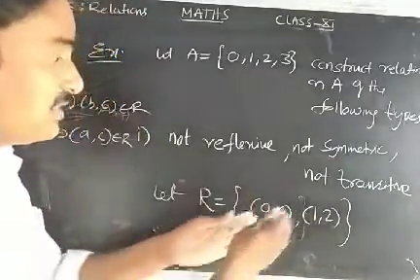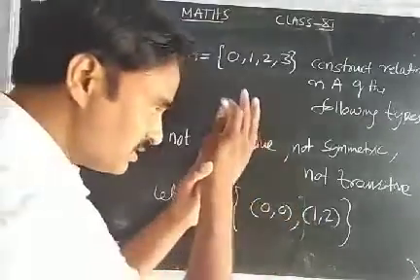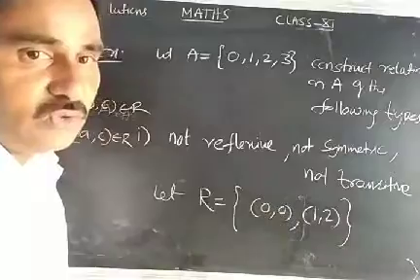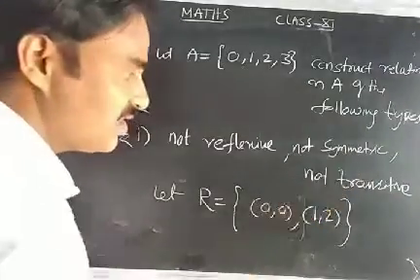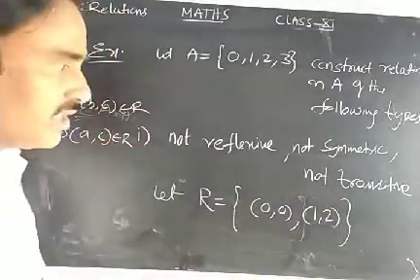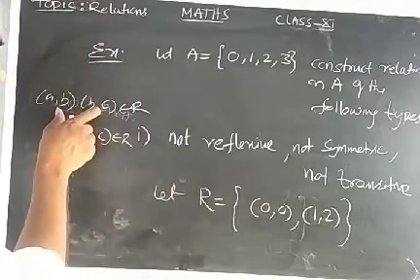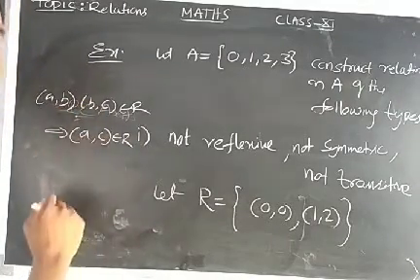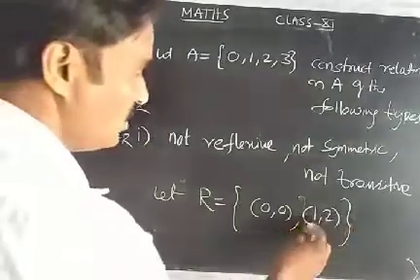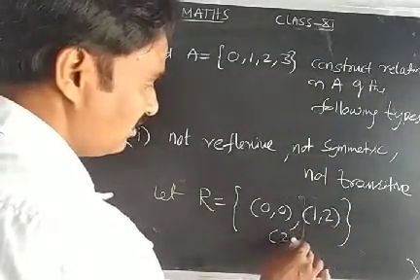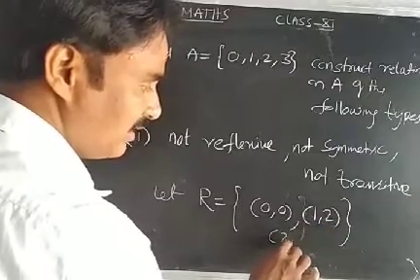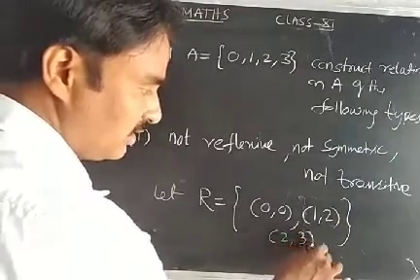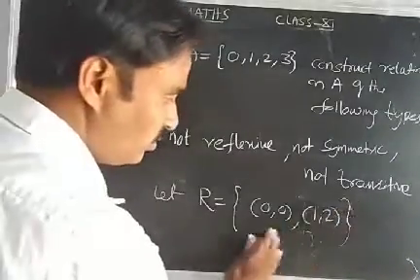So such type of order pairs do not exist. If such type of order pairs do not exist in R, it is transitive. So now it is transitive, but I need not transitive. Not transitive means you should take this type of order pairs, and after removing these 2 elements, this element should not be there in R. So 1, 2 is there. I will take 2, 3, another pair, order pairs that start with 2 only. 2, 3. Okay, I included 2, 3 here.